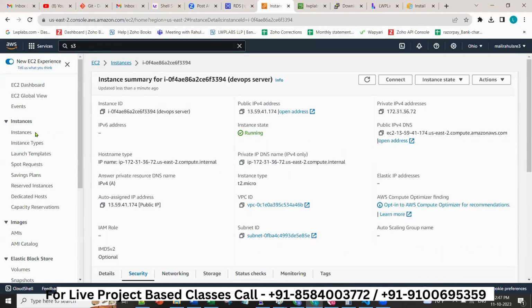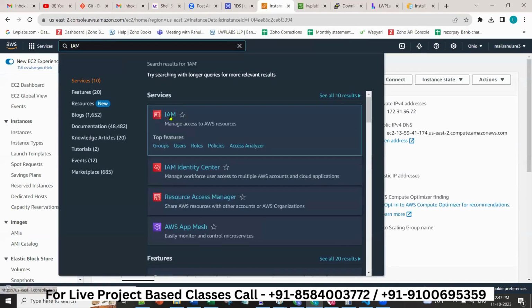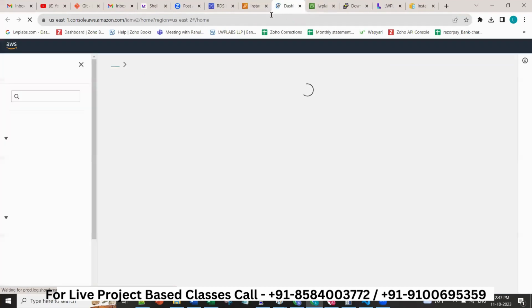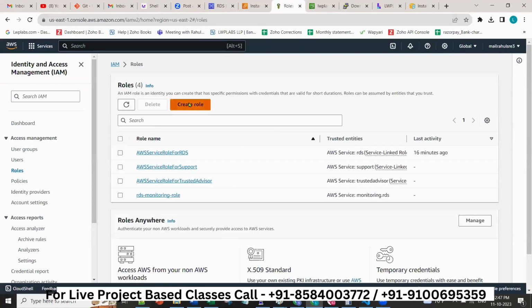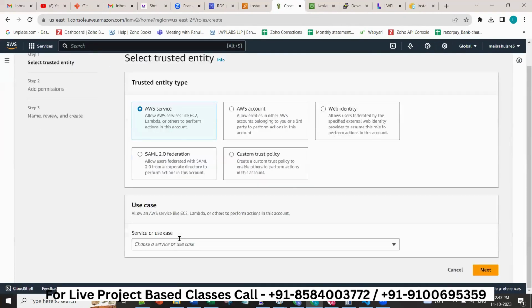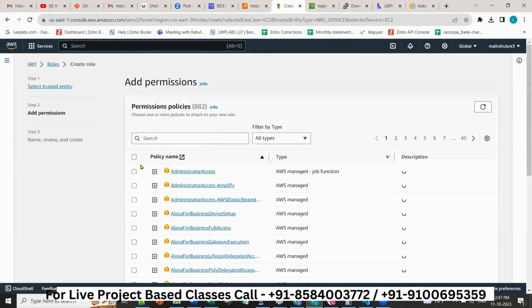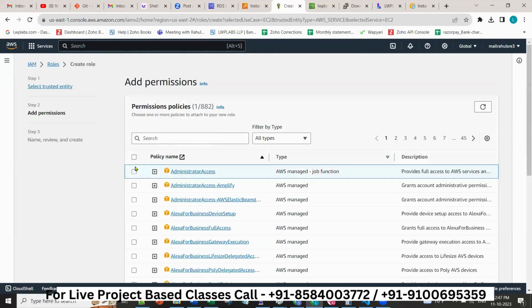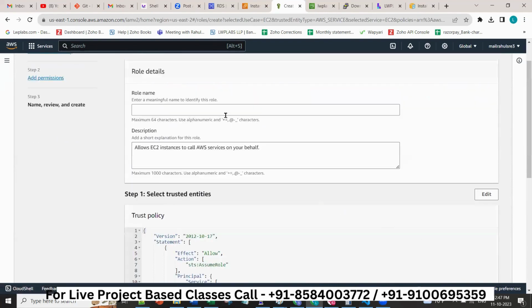So what we will do, we'll try to create a role. Okay, so we'll go to IAM, something called role. Here we will try to create a role and we'll assign it to server. So let's create a role, create role. AWS service, choose the service which is EC2. Next, what you want to give, suppose administrator role. Try to give this EC2 administrator role. Next, role name, give admin role,